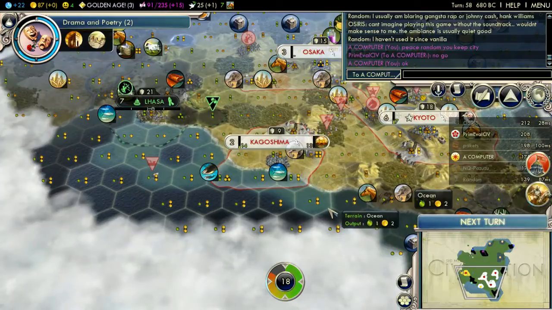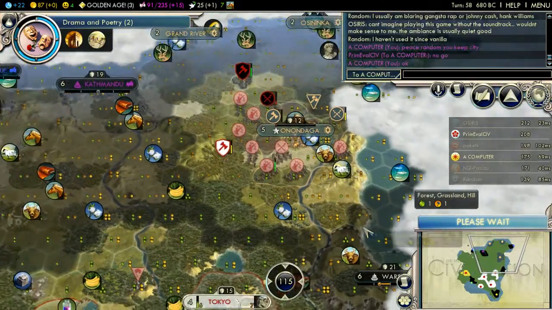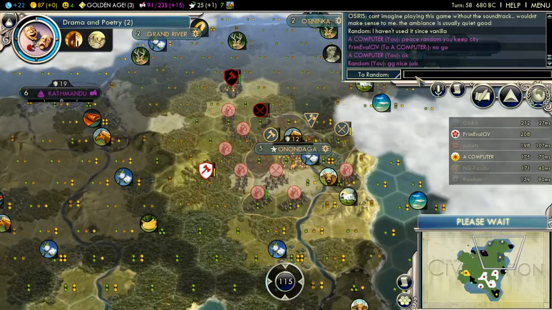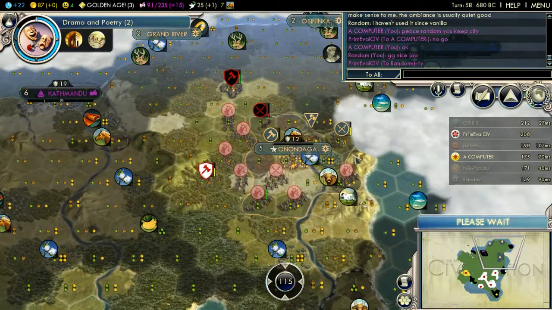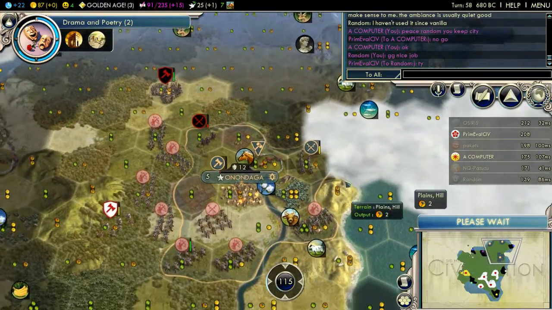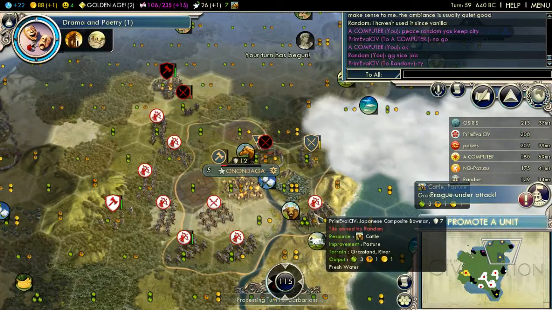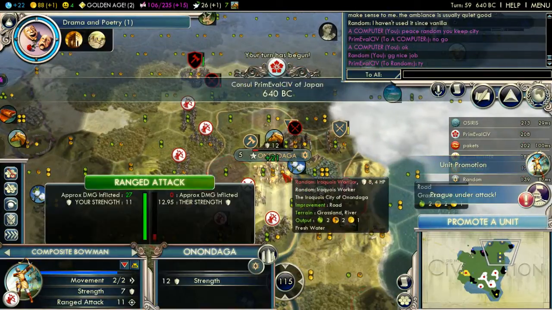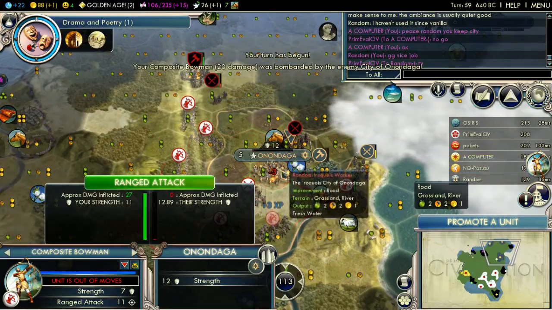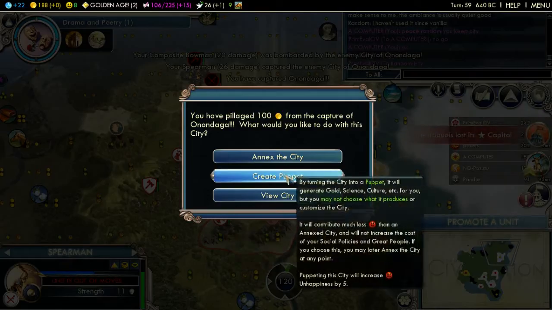Let's go grab a circus. We are in business. Okay, so we're about to take out Random's capital here. Go bombard, bombard, bombard, take the capital, create a puppet,